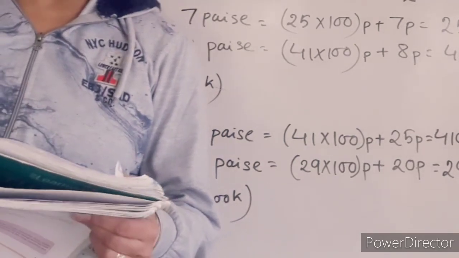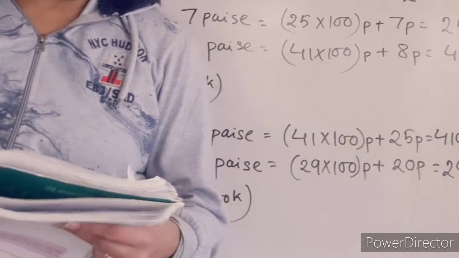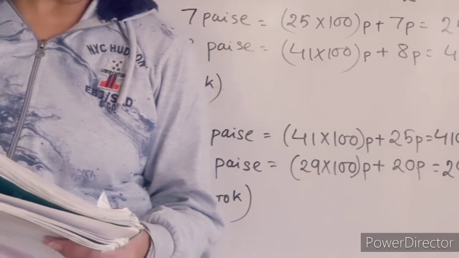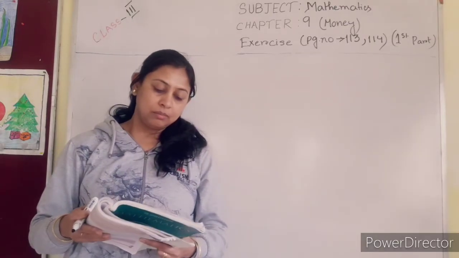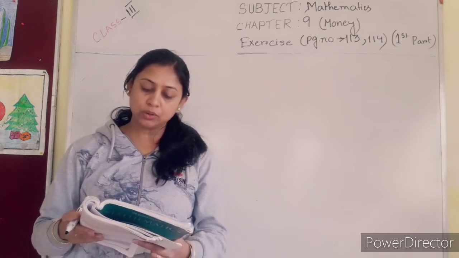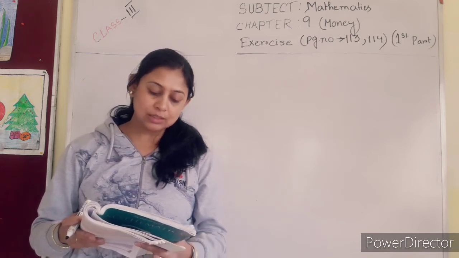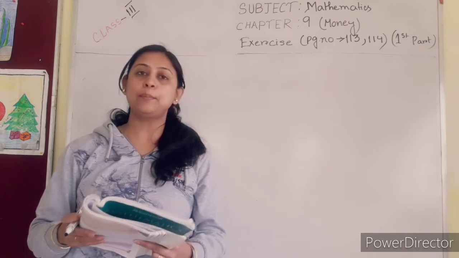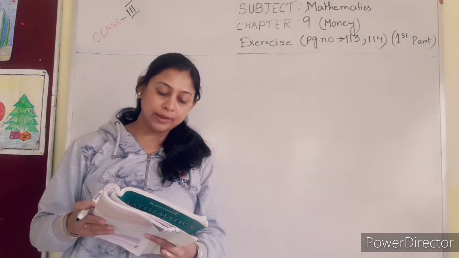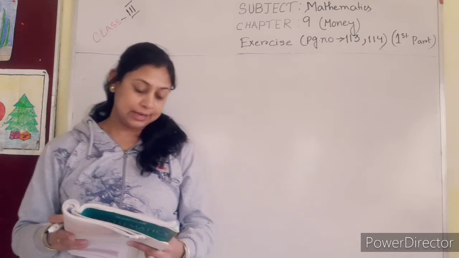Now question number 10, 11 and 12. Here are 3 word problems. From here I am going to solve any one of them, and the other 2 you will solve by yourself. 10. Mrs. Lal bought onions for rupees 32.50, carrots for 22.05 and potatoes for 18.00. How much did she spend on vegetables? For that you have to add, because you have to find the total amount of money.